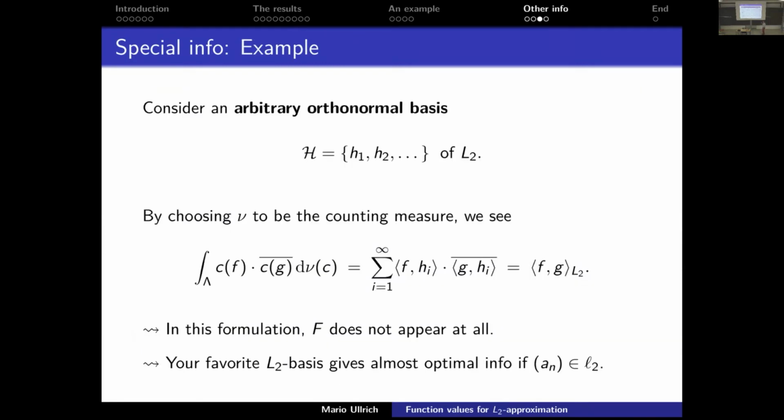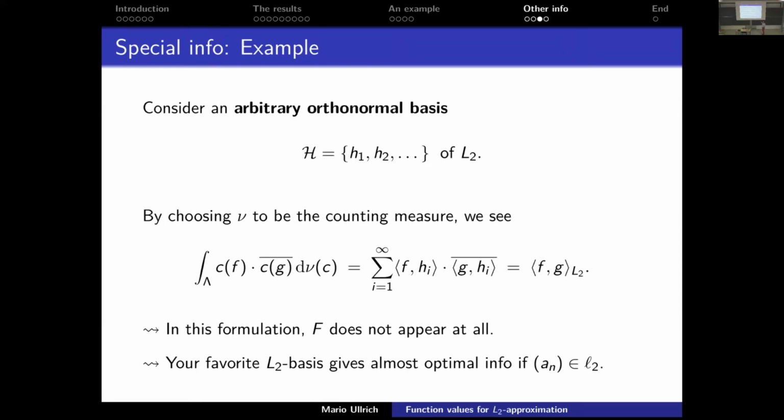So to give you one interesting example, I think, assume you take an arbitrary orthonormal basis. You have your class F, and the optimal basis is very strange. You don't know that, right? But you maybe are on the cube, and maybe you really like the Haar system. So you decide, I just want to compute the inner products with the Haar system because I just like that. And I tell you that's not so bad. That cannot be very bad. Because if you take an arbitrary orthonormal basis, you can obviously recover the L2 inner product, right?